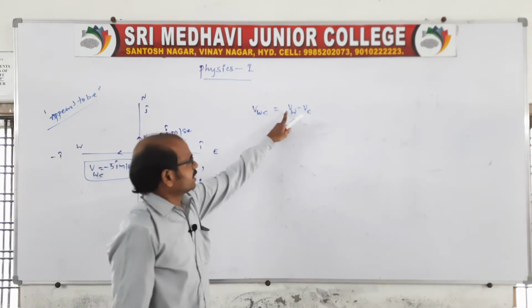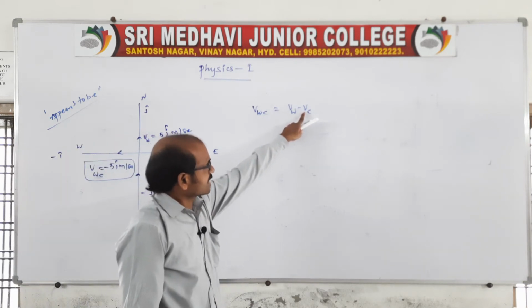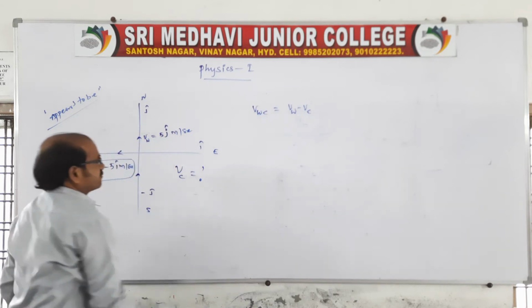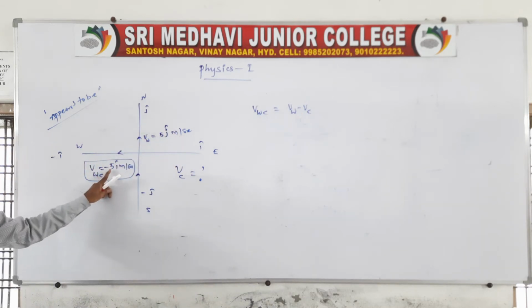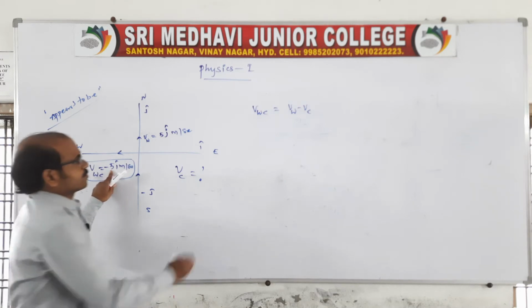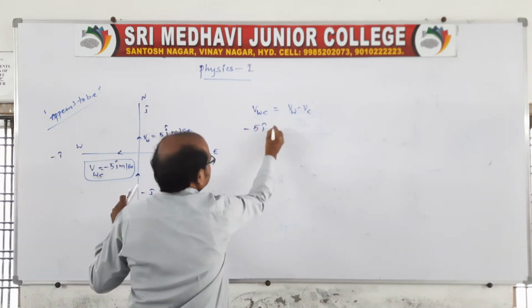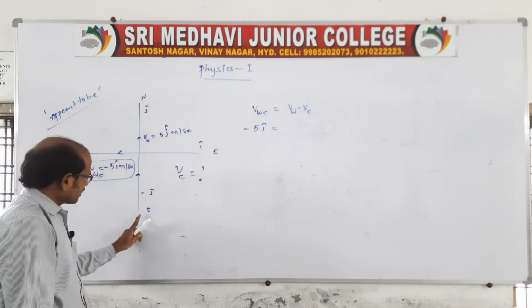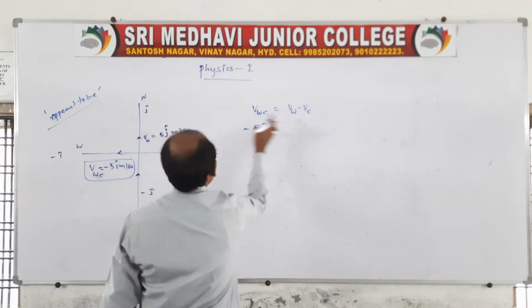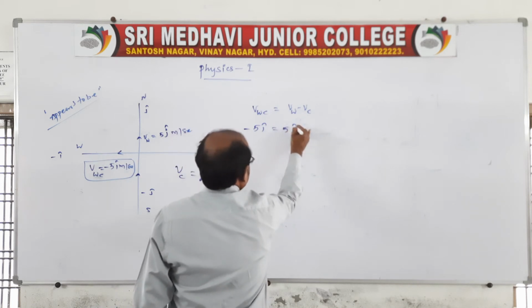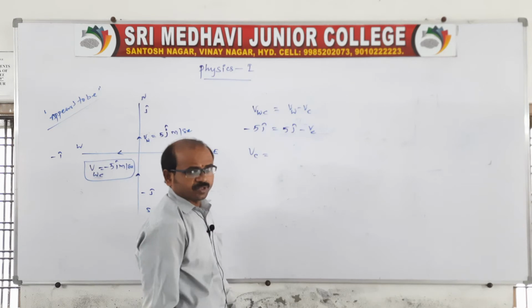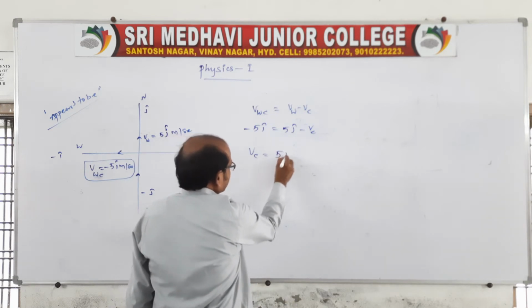Here VW minus VC is asking for the actual velocity of the cyclist. There is a wind with respect to the cyclist given as minus i cap. The wind velocity is coming from south to north, so you write VW as 5 j cap. Minus VC is asked, so VC, the velocity of the cyclist, is 5 j cap.